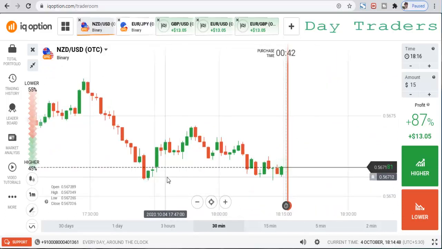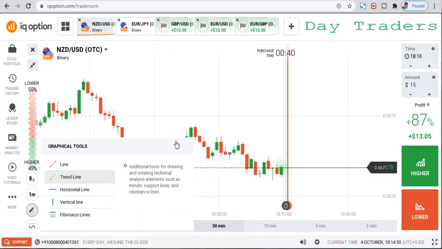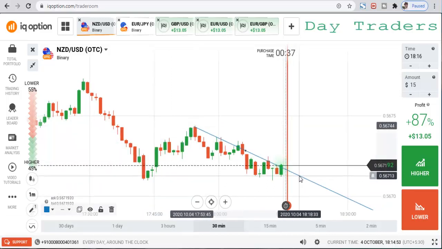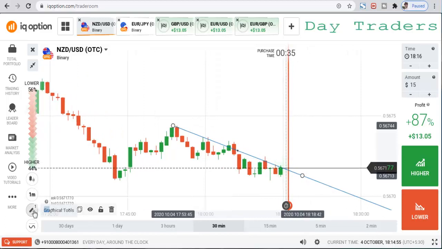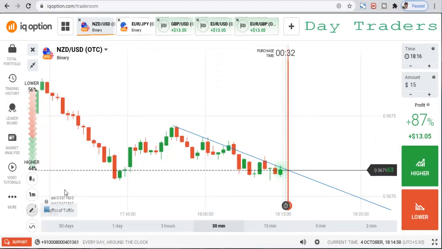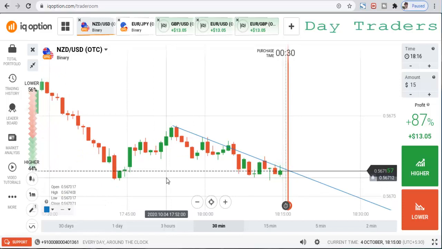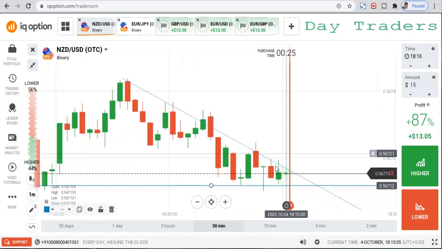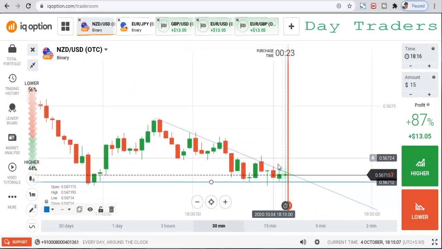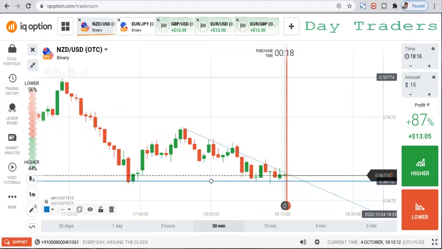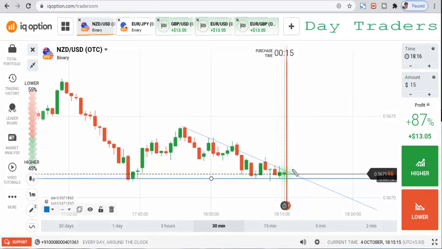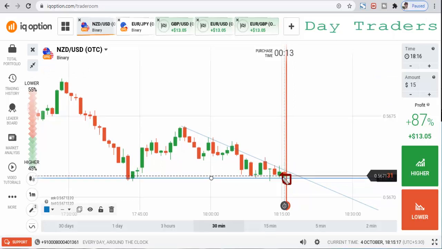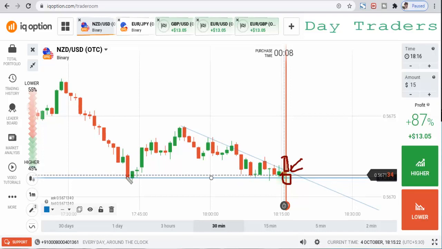And this is a buyer's area. And this is a seller's area. Okay, this is a support level. Still some seller rejection at this point. After the breakout, you can try to place a trade. This is 50-50 chances. In this situation, it breaks the level, and again it breaks the level. Two situations here. It's a triangle pattern.